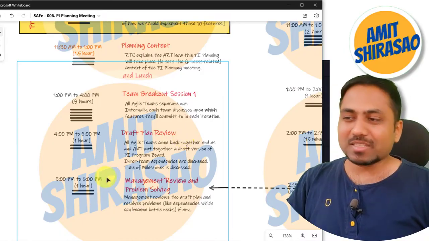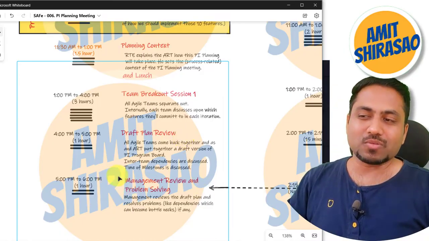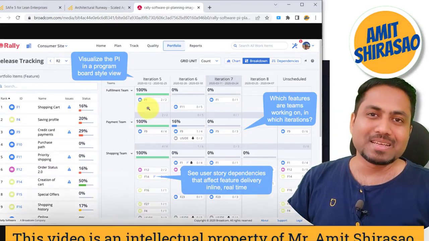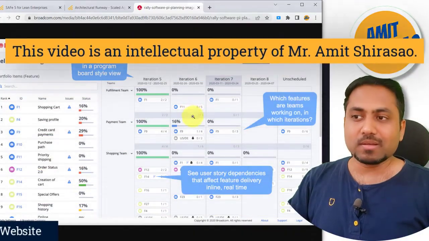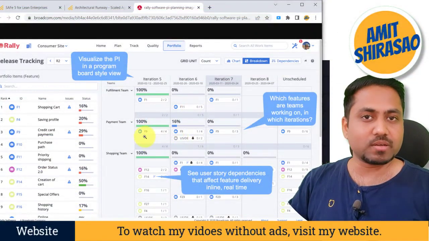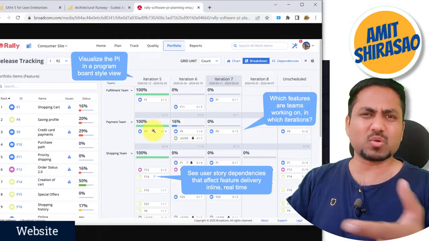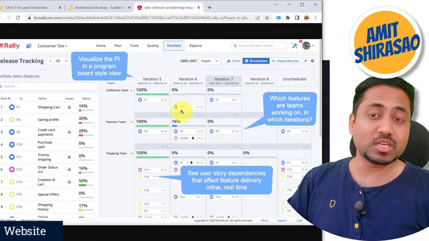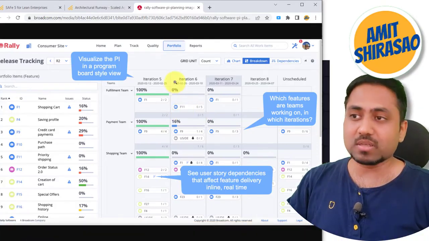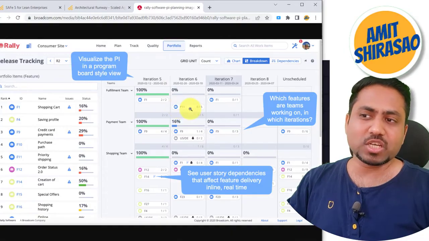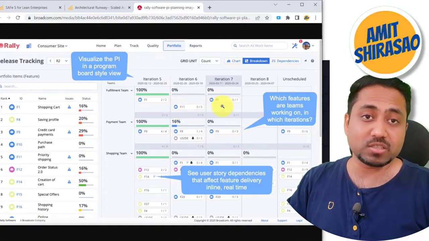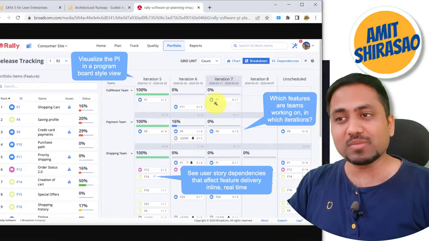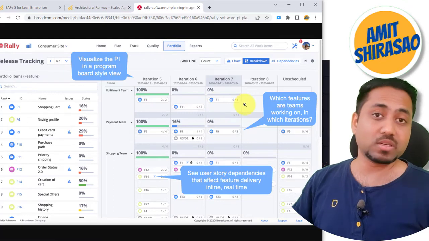Then the next 1 hour is management review and problem solving. Of course you can understand that there are these kinds of issues, where it is absolutely impossible that all those stories will get covered by the payments team or any other team. Even if you loan out the resources, all these stories won't get completed and we won't be able to start feature 11 from iteration 6 onwards. Then feature 11 will probably have to be picked in iteration 7 only. Then how will the fulfillment team alone do it? We require some other team to help that team complete that feature, because it's a humongous feature.